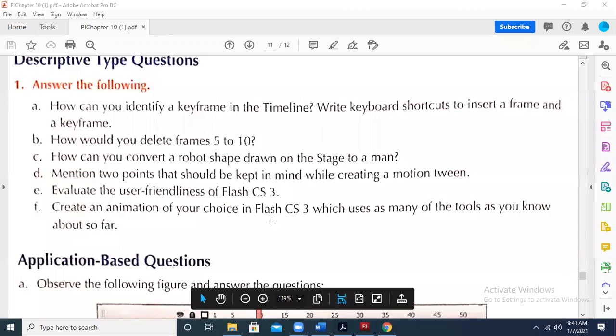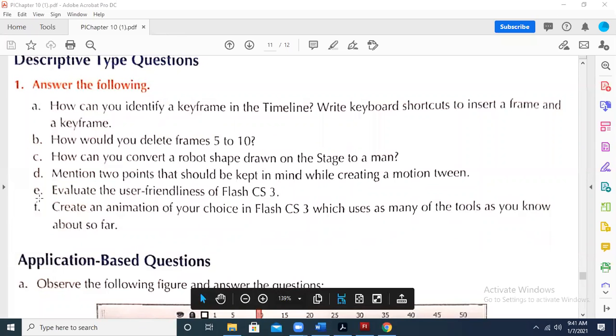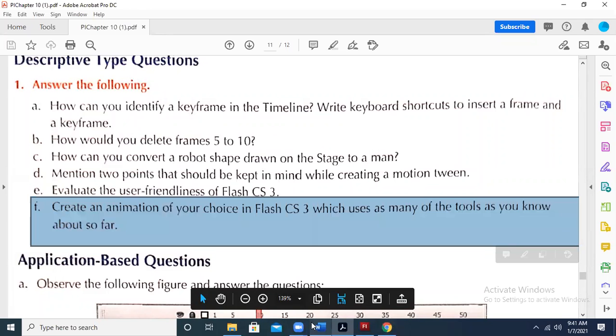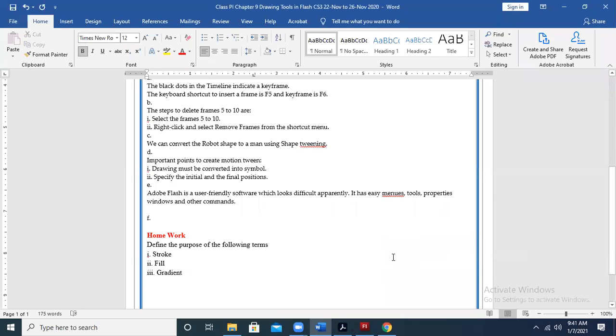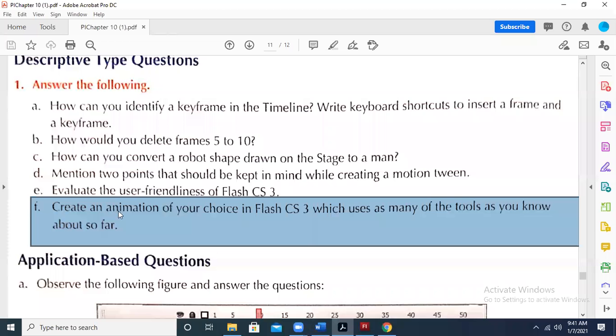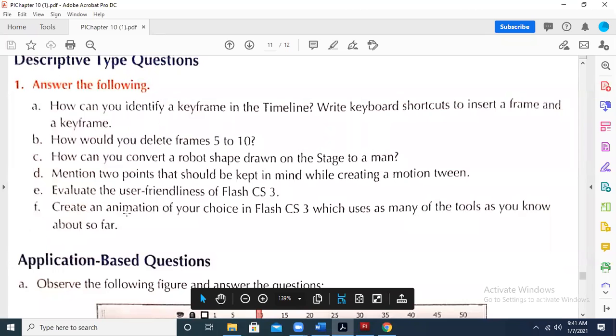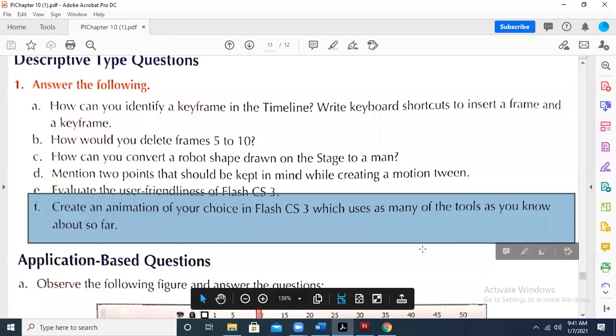Create an animation of your choice in Flash CS3, which uses as many of the tools as you know about so far. Now, this question is entirely practical. So, create an animation. We are not going to write anything about it, because we just need to do the practical for this. But what is mentioned over here is that you use as many tools as you know about so far. So what we can do, you can create this task and you can send it to the Google Classroom. Okay,